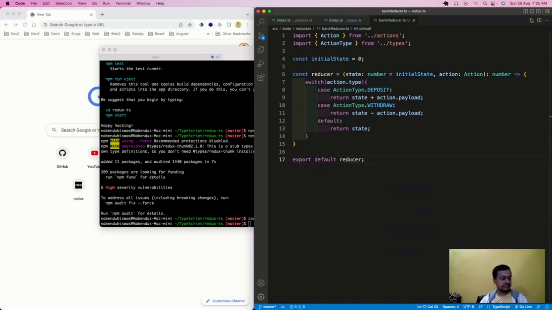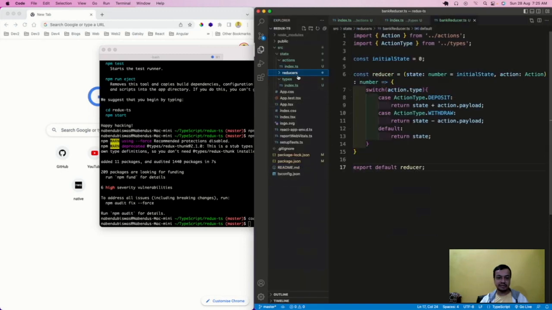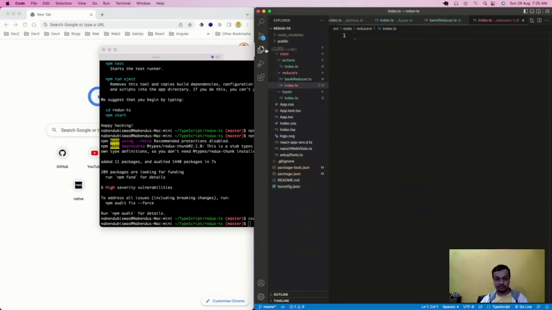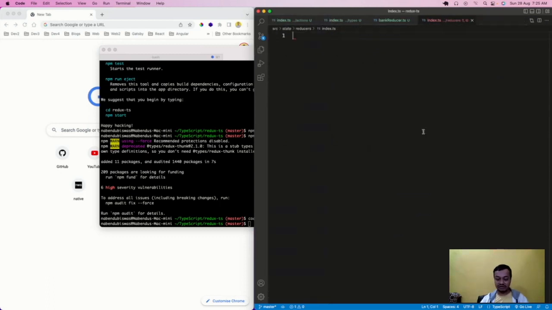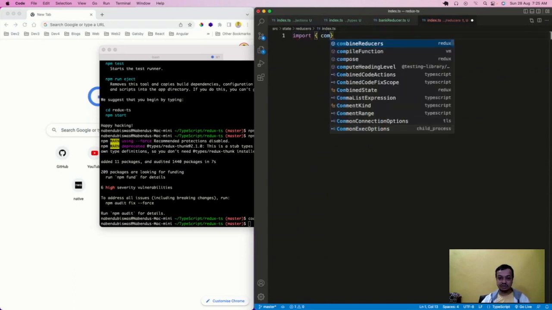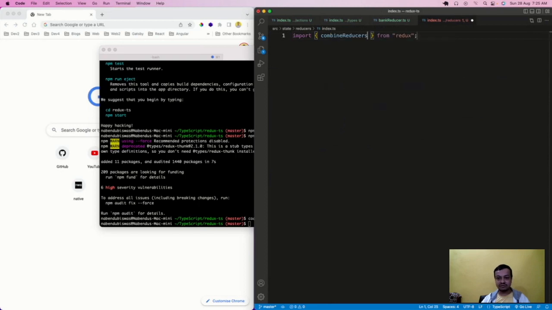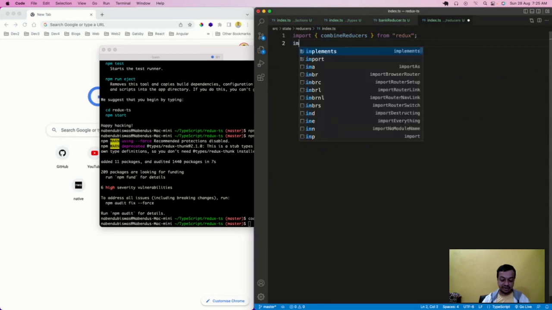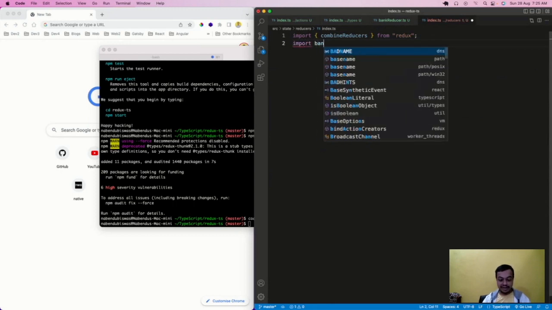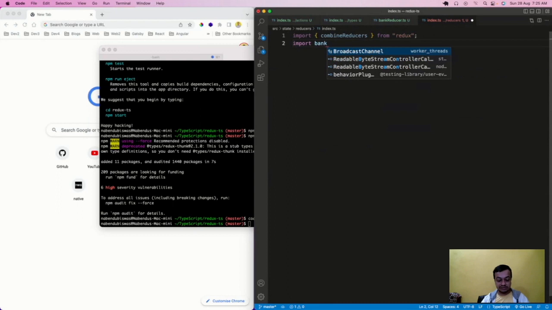Now we have introduced types and all. In the reducers folder only, I am going to have an index.ts file, which will have this combineReducers thing which you have in Redux. Please, you should have basic knowledge of Redux to understand this, because this is mainly a TypeScript project, not a React Redux project. Some of those things are required. So import combineReducers, then import bankReducer